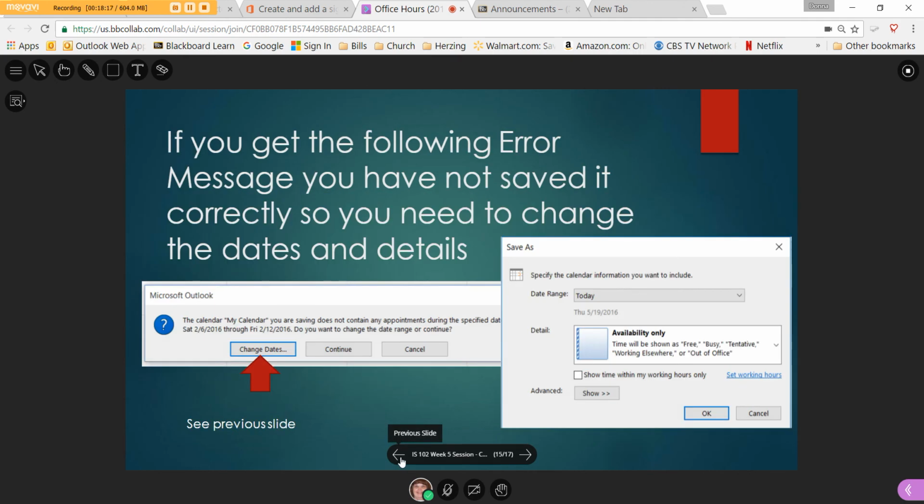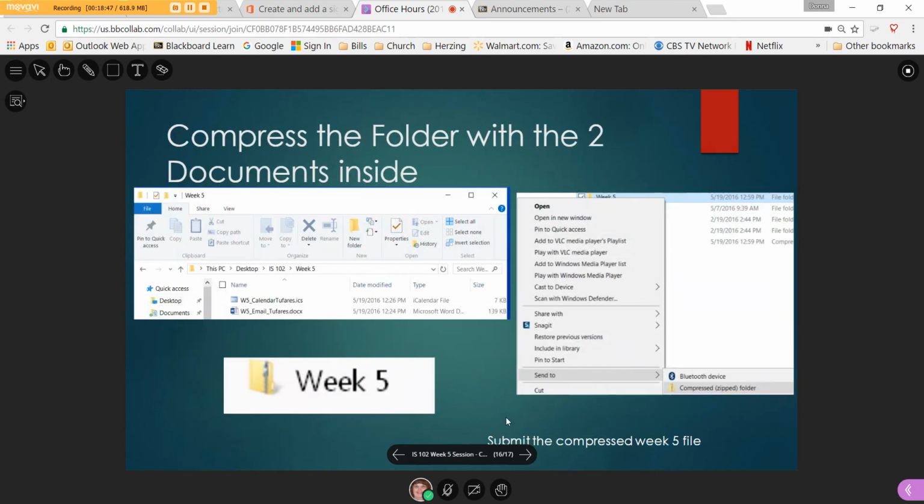Now if you get an error which says the calendar you're saving does not contain any appointments, that's because you need to change the dates, and you need to make sure it's the dates that we specified plus the full details. If you save it when it gives you this error and you just go ahead and save it, if you click continue and just save it, there won't be any appointments and I won't be able to give you credit. So I'm showing you the week 5 folder, and I've